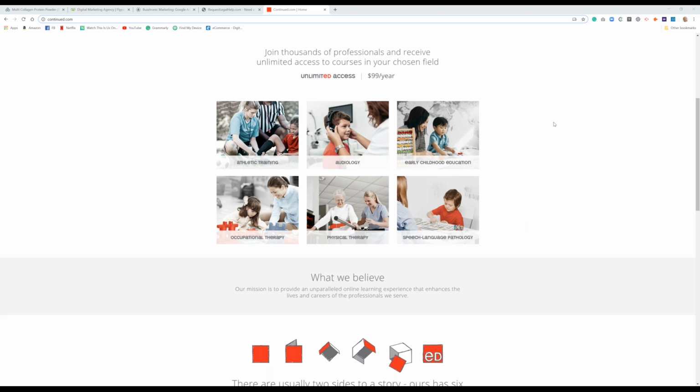You have, looks like, I would say, the helping professions: training, early childhood education, occupational therapy, physical therapy, speech pathology, and those are great. But you should actually make that part of your headline: online continuing education for the helping professions. And then this part should be moved up higher, this block of 6 different main subject areas that you cover. And so, try to be as niche as possible.